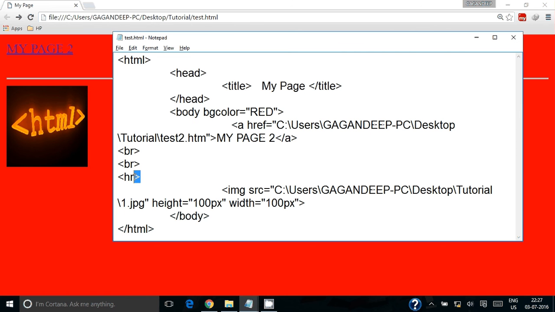After we have learned links, we have learned images. Images also work the same as links. What you have to do is use img src. Src stands for source, or the location where the image is present, and href in a href stands for hyperlink reference. H stands for hyperlink, ref stands for reference. So this is all about your